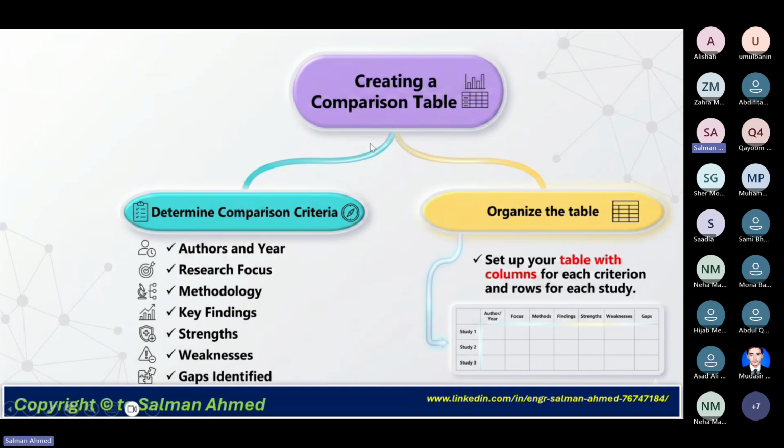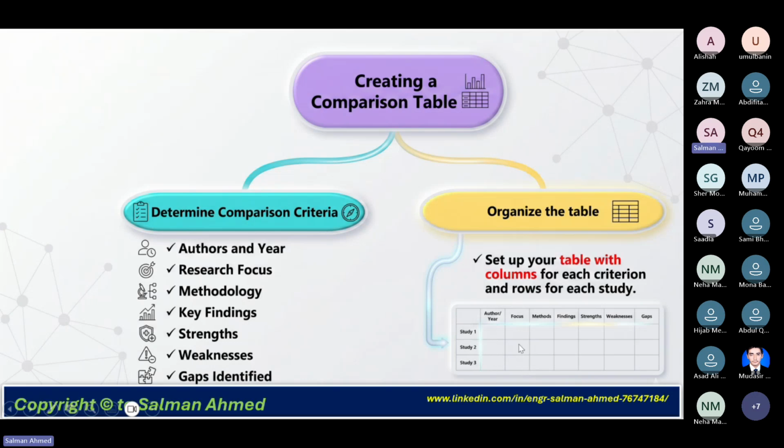So how do we create a comparison table? In that comparison table, while using these comparison criteria, we use the author and the year. This is the generalized matrix that we usually use. I have taken the same generalized example. We make a matrix table like this, in which we focus on the author and year here.